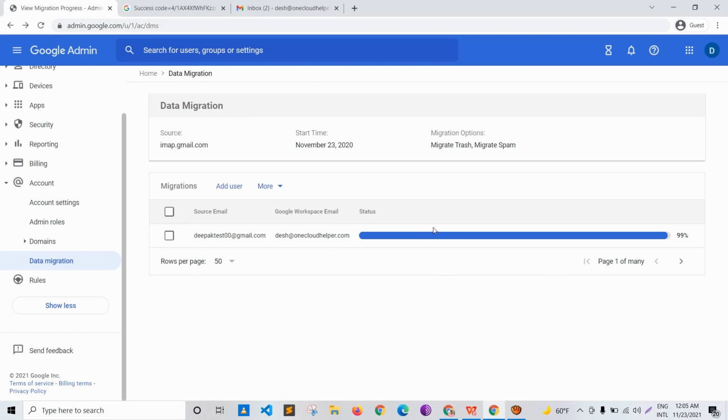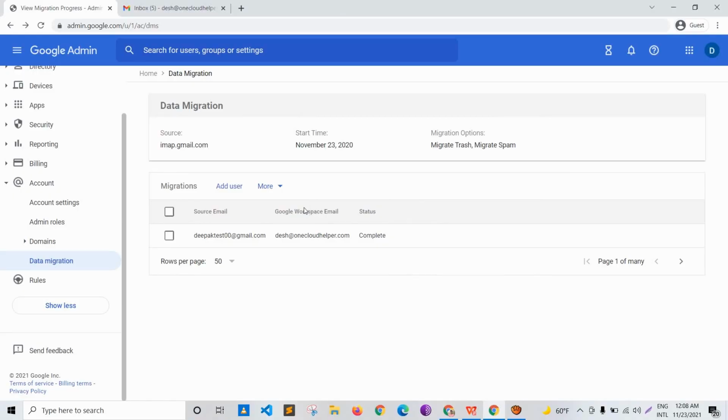Okay, so it seems that the status has changed. The status has changed from estimating the number of emails to some sort of bar that says around 99% of migration has been completed. And if I hover over that, it says items successfully migrated 13, items that failed to migrate 0, and total items discovered were 11. Okay, so once that 99% changes to 100, the status will just change to complete, and we'll be looking into the email and check if the emails have been migrated successfully or not.